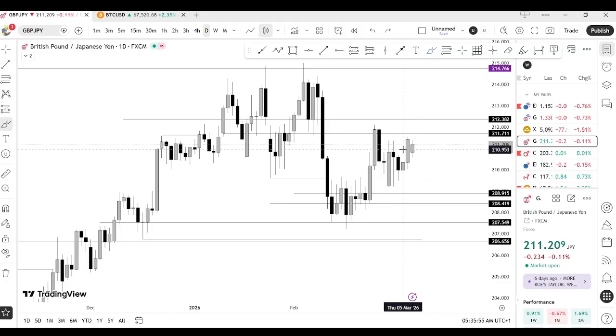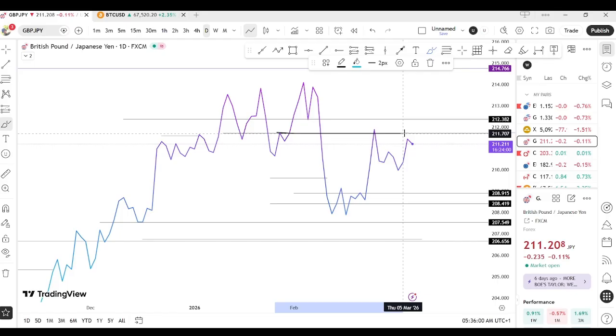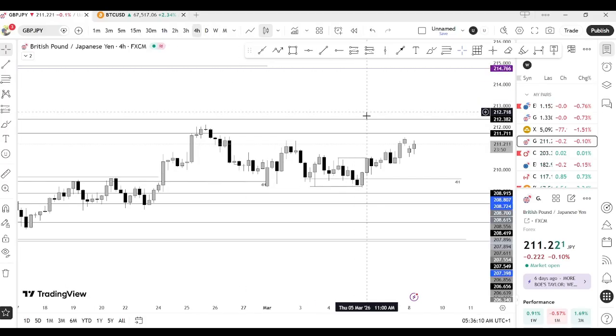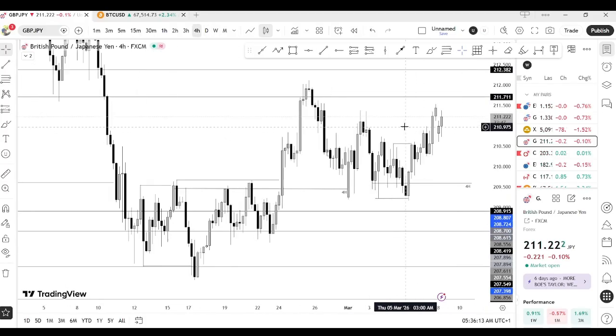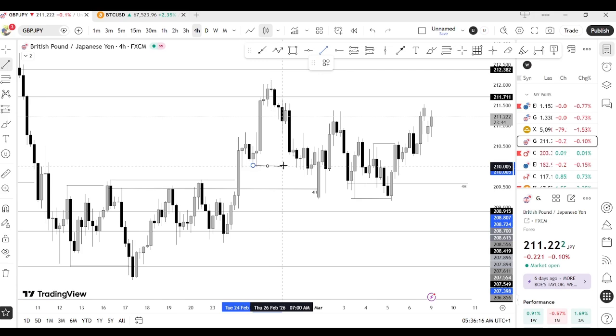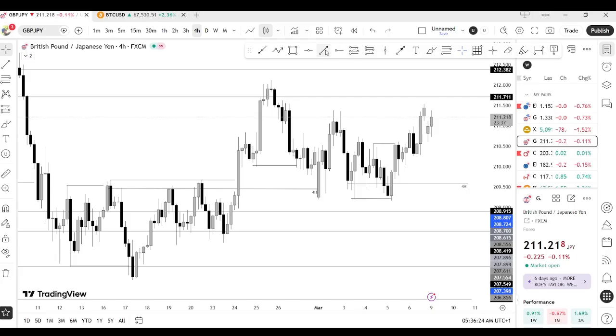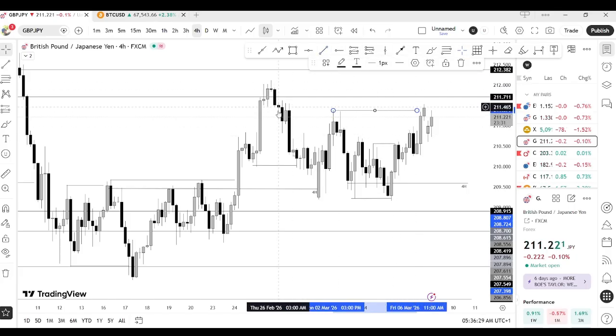Market structure is bearish. Now, price is rejecting from this QM. This is where price is rejecting from this QM. And then let's see if we have a break on the 4 hour to confirm it. Let's say break on the 4 hour time frame. We have this break here already to confirm this bearish movement. So now there's possibility that this high has been swept already. The high was swept,